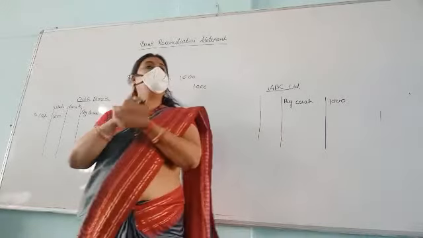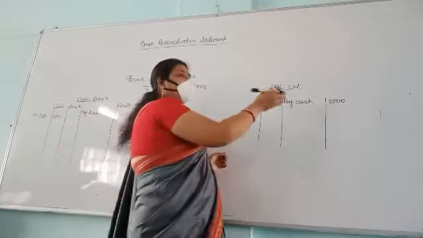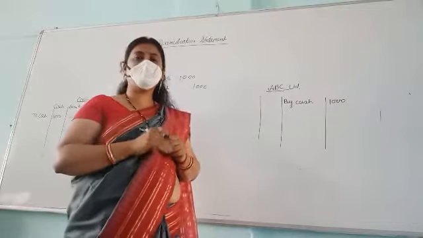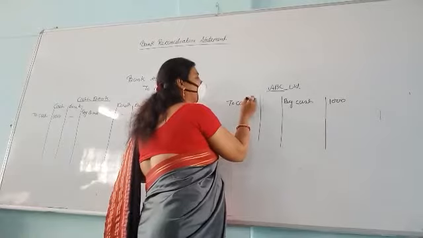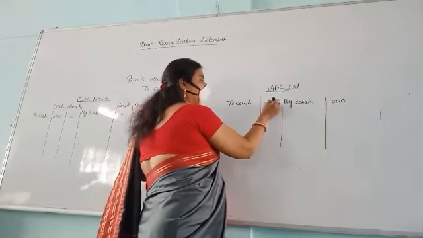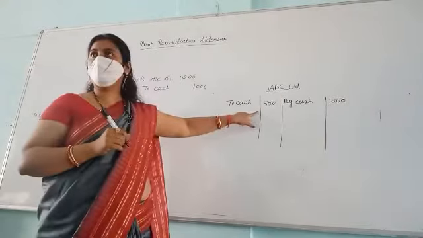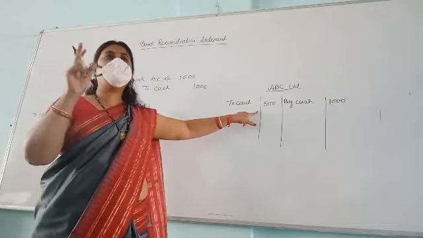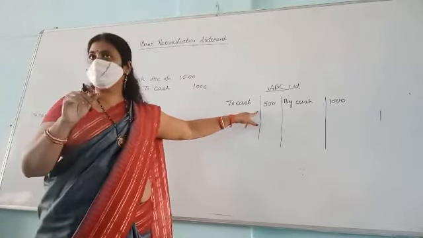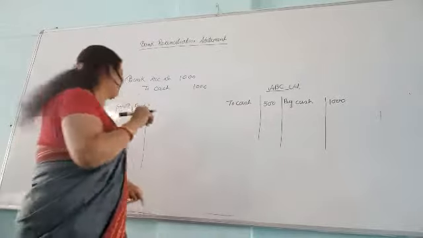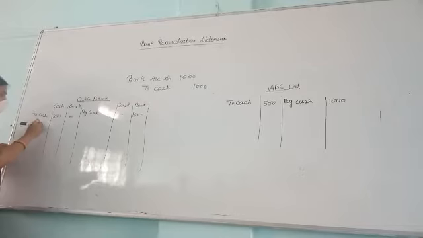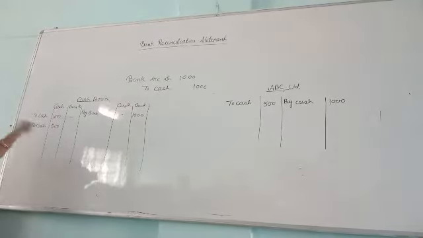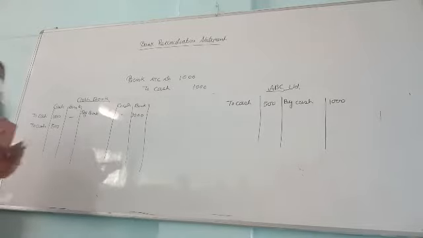And when we withdraw cash from the bank, suppose out of this 1000 we withdraw 500, the bank will write "To cash 500". As we have received 500, as per the rule of the cash book, debit what comes in. So we will write "To cash 500" because we have received. Okay.